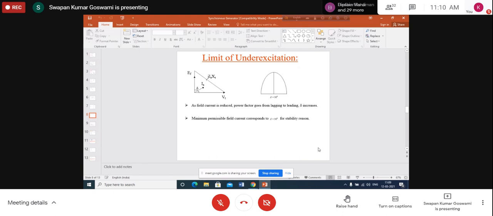What is the reason behind it? Sir, because absorbing of reactive power by the inductor is less than the producing of reactive power by the capacitance. By the capacitance, yes. That means since the line capacitance is generating reactive power and the power demand on the system is low, the reactive power supply becomes greater than the reactive power consumption. As a result, voltage increases at the receiving end.